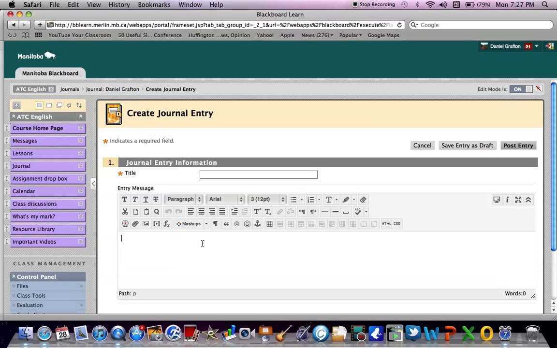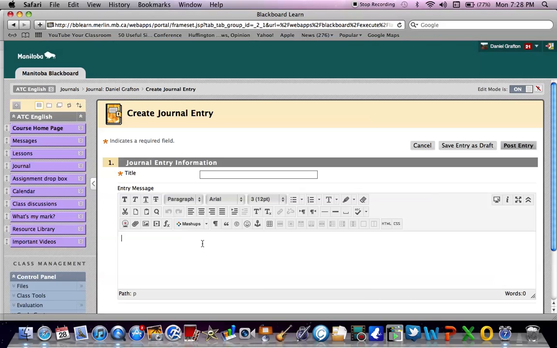And it's really effective because you can get feedback before you hand in assignments. So one thing you want to know about the journal is that it's private. I can see it, you can see it, but nobody else in the class can see it. So it's like a conversation that we have that goes back and forth, a back and forth conversation between the